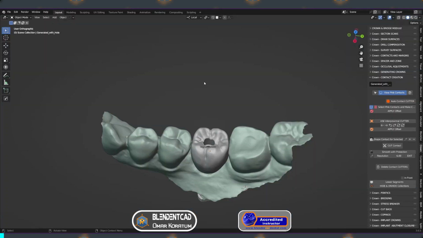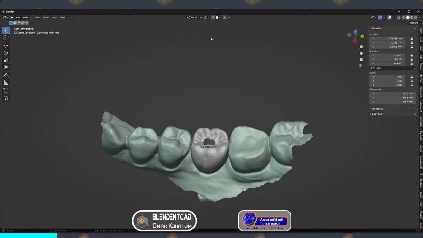And now for the second part of the video, here I have opened the Blender on the main screen and I'm going to show you how to make another window of the 3D viewport or any menu in Blender for Dental. To make another window of the 3D viewport, we'll have to go to the top part of the 3D viewport, right click and then select duplicate area into a new window. Now we have another copy of 3D viewport as a separate window.